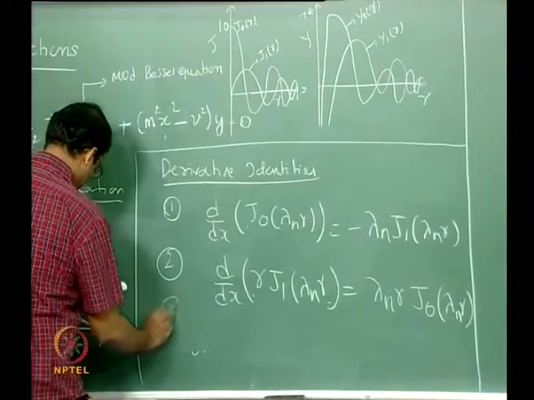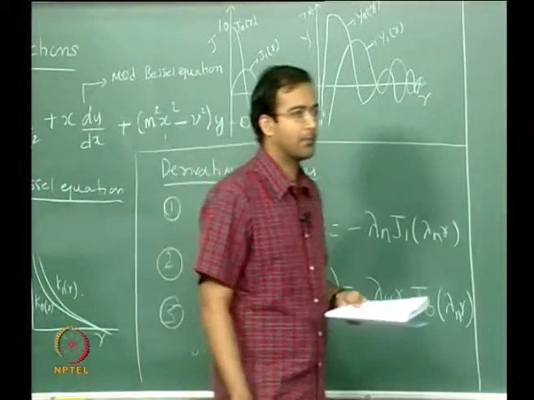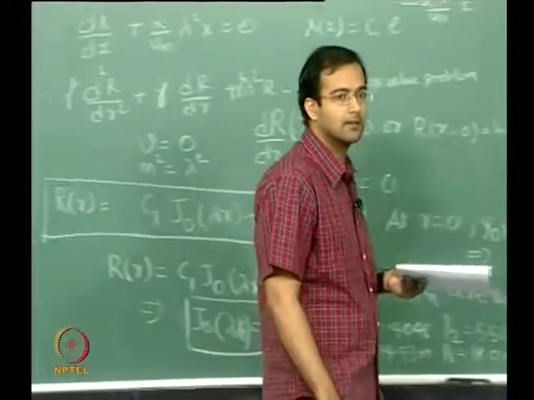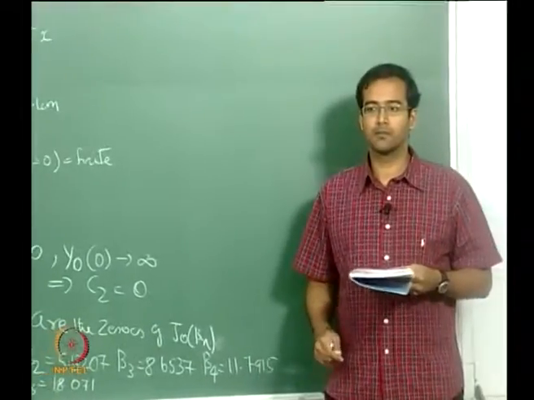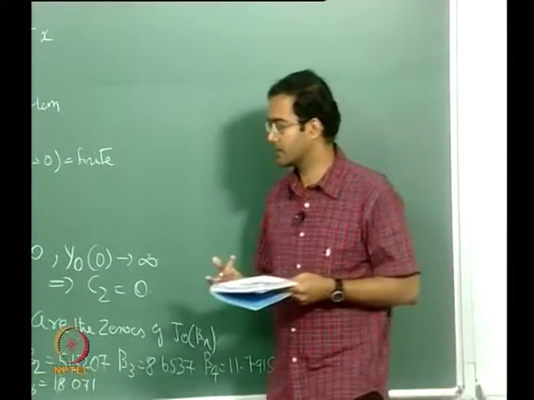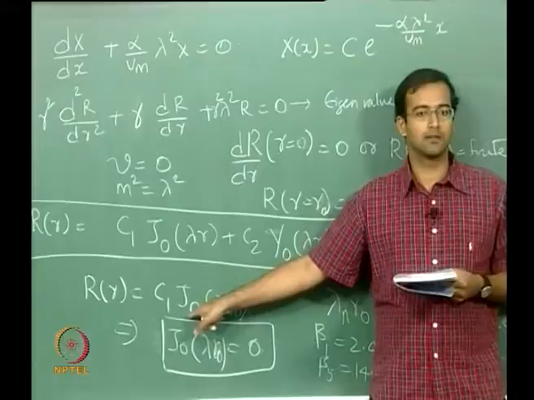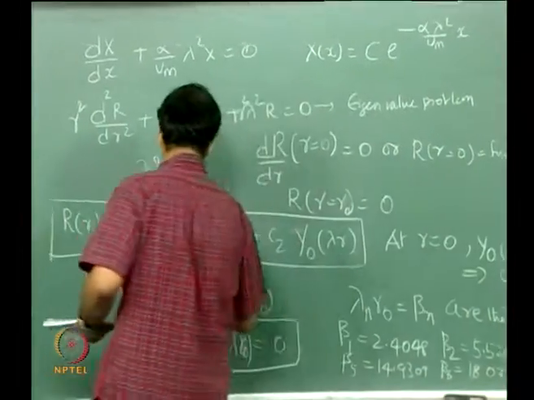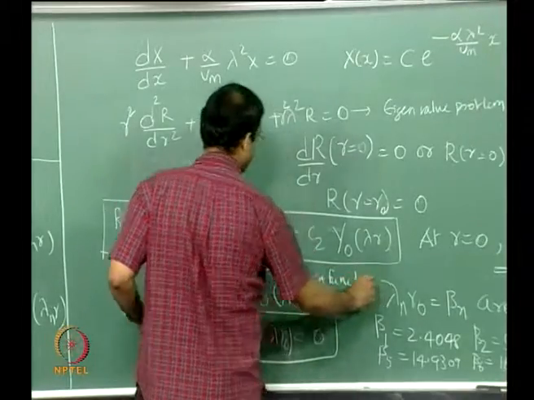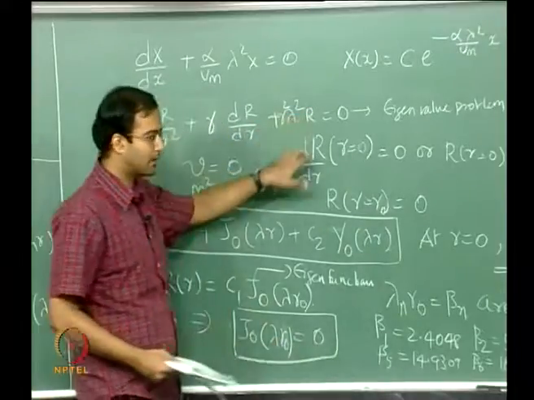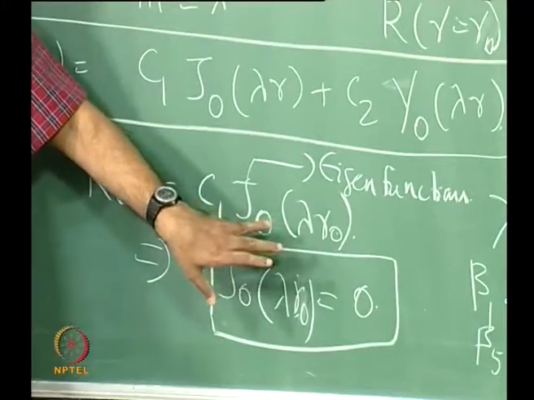So number 3 is the fact that Bessel functions have another important property, that is the principle of orthogonality. Okay, so if you look at any eigenvalue problem and you determine any eigenfunction, in this case the eigenfunctions are Bessel functions of the first kind of the 0th order. These are the eigenfunctions, right? So these are the corresponding eigenfunctions to the eigenvalue problem. Okay, so this is your eigenvalue problem. So the solution to R is in terms of the Bessel function of the 0th order of the first kind. So these are your eigenfunctions.